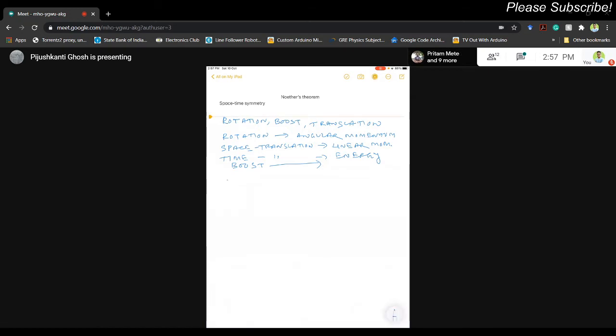Okay, now these are standard examples of space-time symmetry. Rotation, we have seen, comes as a special transformation under Lorentz transformation. Space translation and time translation are also part of Poincare invariance. Boost is part of Lorentz transformation, or for that matter, if you want to be more general, Poincare transformation.